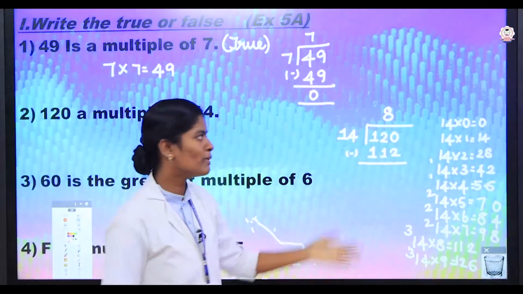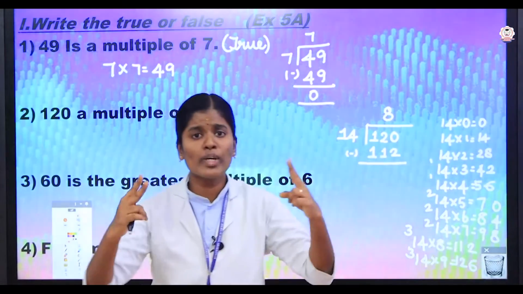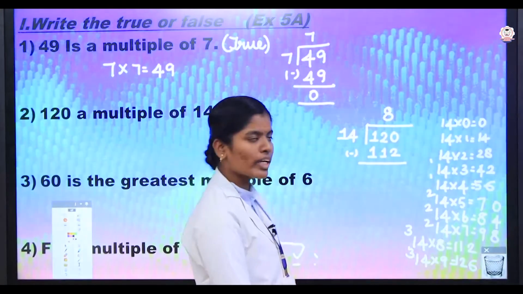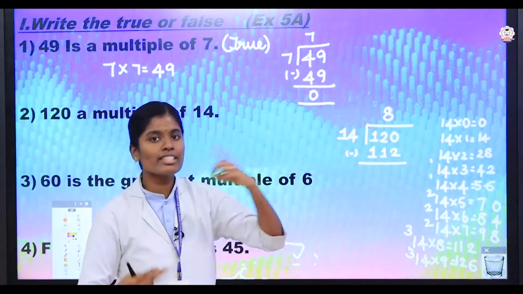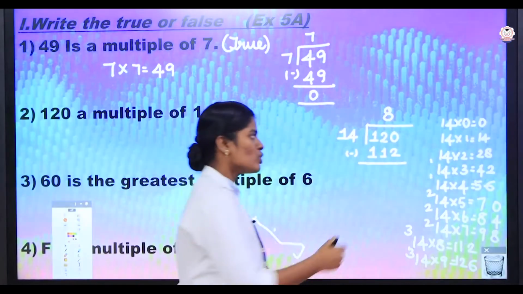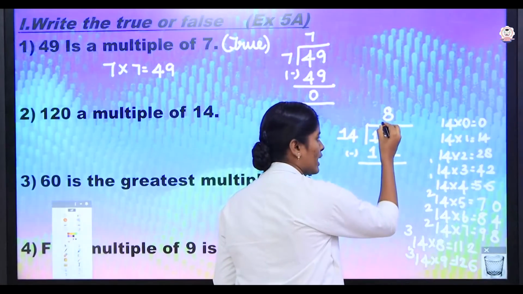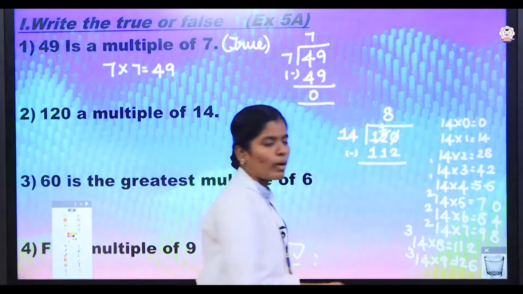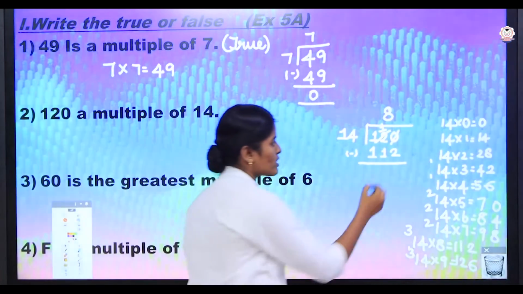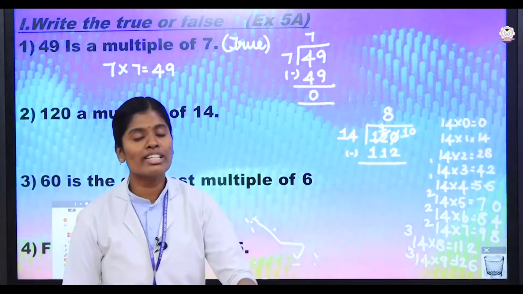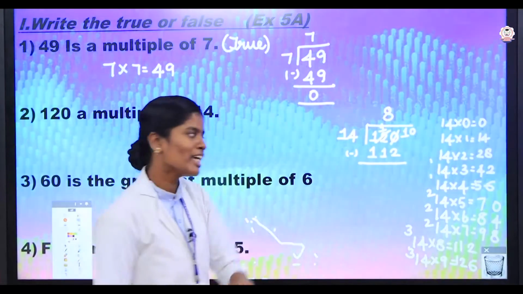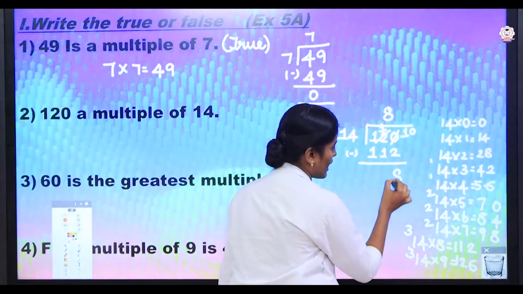No, it is not possible. Why? Because 0 is the smaller number, 2 is the greater number. Here you are going to borrow from the tens place. We have in the tens place 2 tens and 1 ten. So this 2 tens will change into 1 ten. This 0 ones will change into 10 ones. Now you should subtract 10 minus 2. So what is the answer? 10 minus 2, the answer is 8.